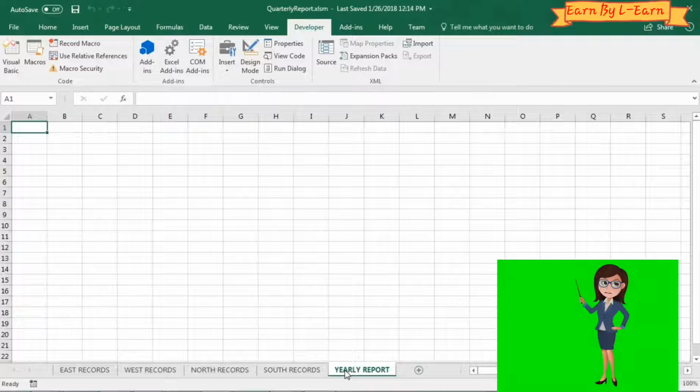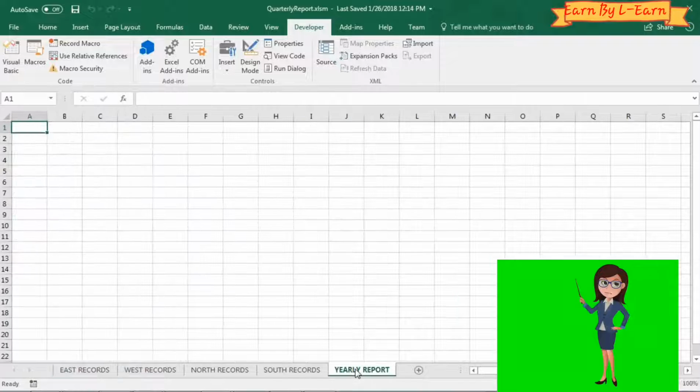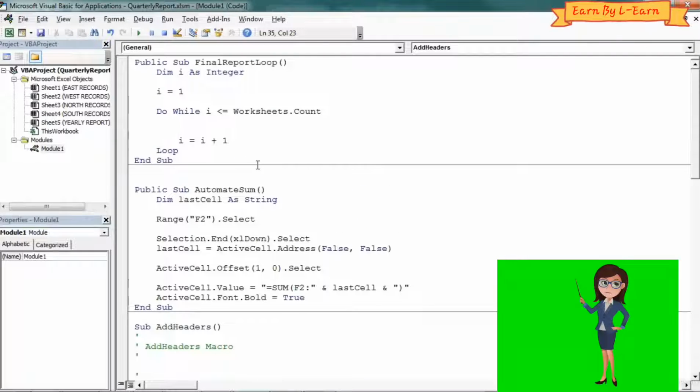Yearly report is currently empty. We're eventually going to copy the data from these worksheets and paste it in here all together into one location. That'll create our yearly report. Now, how can we stop the loop from performing its actions, the add headers, format headers, and automate sum on the yearly report? So if I get my loop back over here, it's currently going to loop while I is